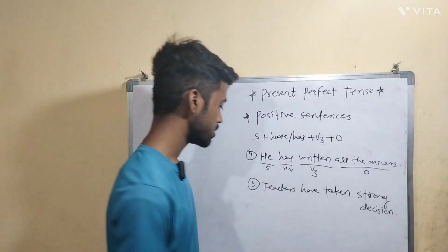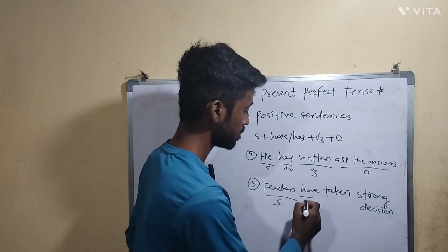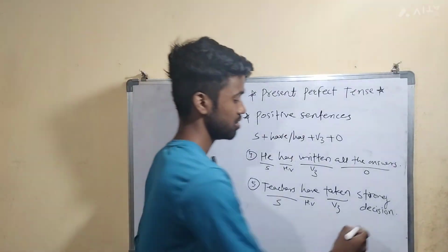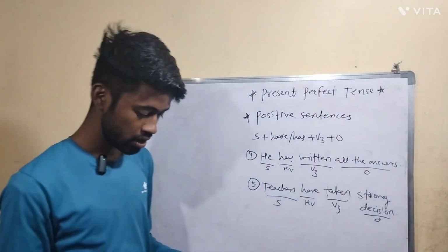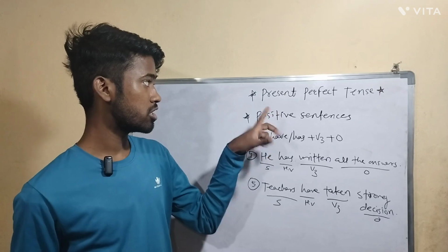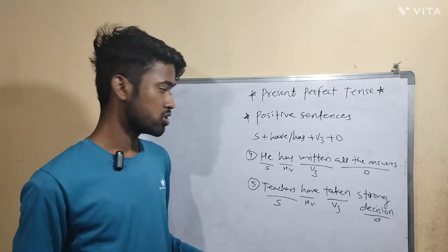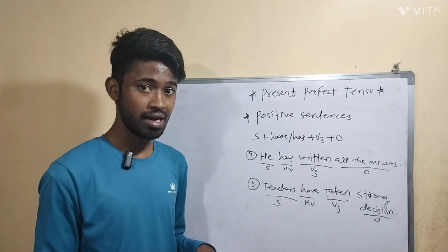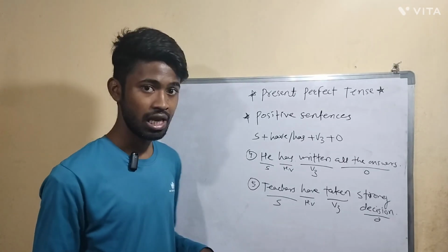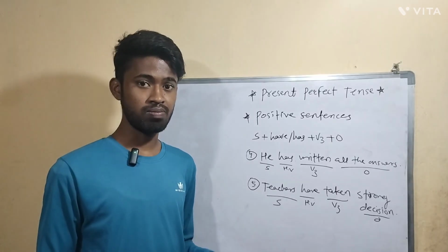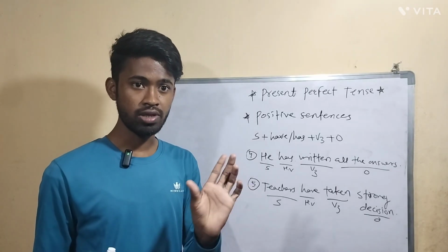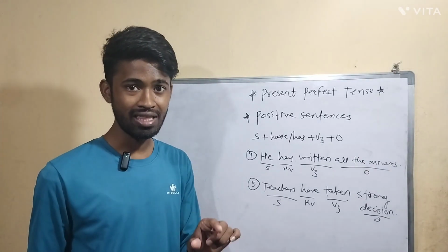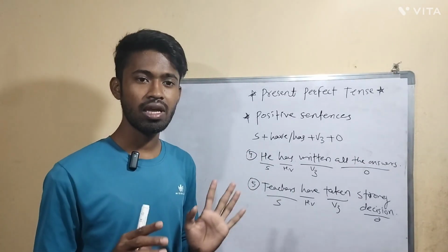So here, this is the subject. This is the helping verb, and this is the third form of verb, and the remaining part is the object. So what do you need to understand here in positive sentences in present perfect tense? If you practice, then only you can get it. First thing, as I am telling you repeatedly, you have to note it down in your notebook. If you are watching all the series, please maintain one small book which will cost you hardly 10 or 15 rupees.